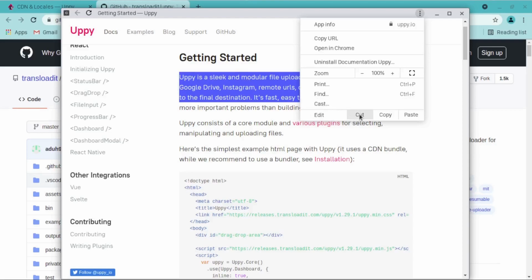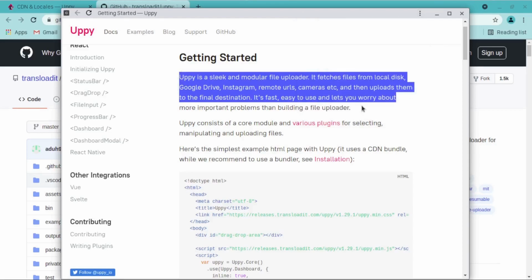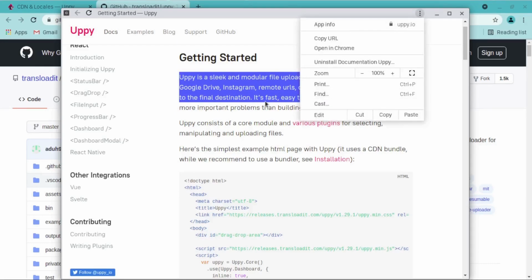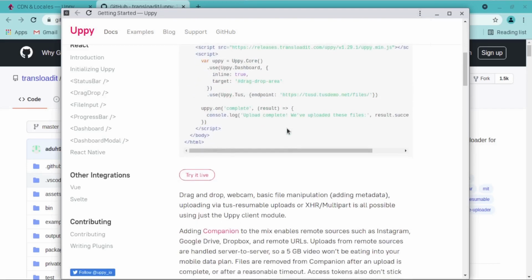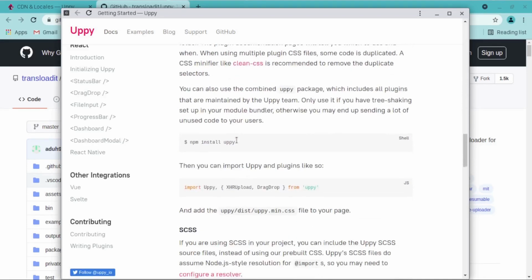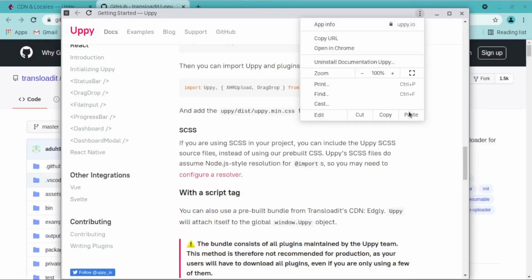If we click on cut, it won't do anything because this text is a document. You cannot cut text from a document directly. But if it was an input field or a text area or an editor, if you click on cut, the content will be cut and put in your clipboard so that you can paste it somewhere else. Then copy will work because you can copy content that you've selected from a web page. And then paste will help you to paste this content. If we had an editable area or an input field or a text area, we can use this option to paste the content that we just cut or copied to our clipboard into that editable field.